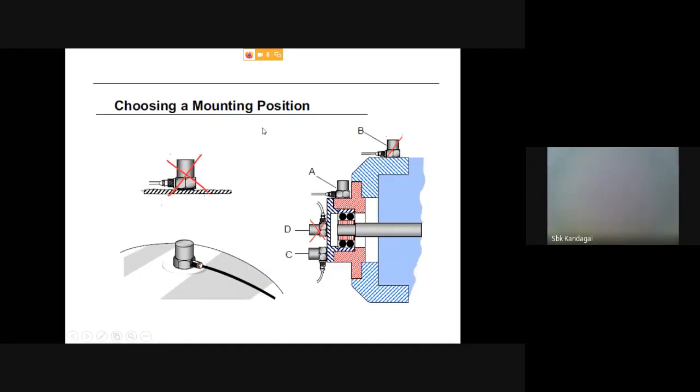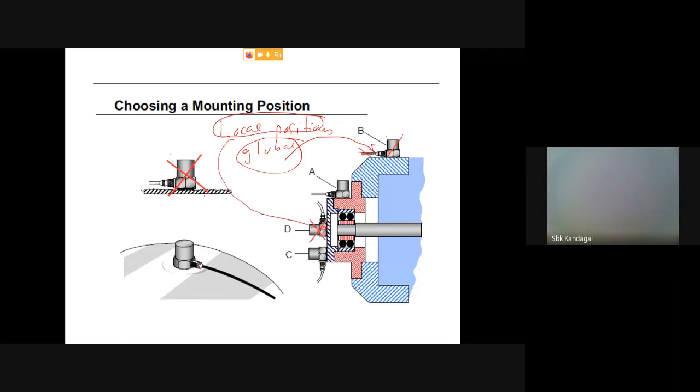And then this one has to be clearly noted, because the mounting of the accelerometer is so crucial, especially in the rotary systems. There are a lot of local positions and global positions. Global positions are the ones wherein the structure vibrates in the solid system behavior. In the local, in the sense, there are sheet metal works, something like this. Let us say that you have covered this bearing housing side to avoid the leakage of the grease, etc. Do not put it on those things.